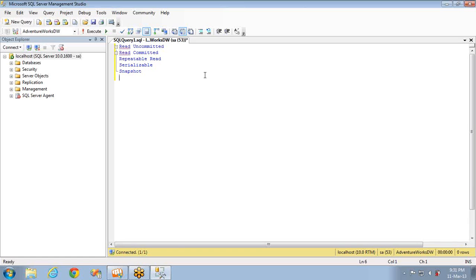Now, if you see the first here, the read uncommitted, and if you see repeatable read as well as serializable, all these 3 are available in the pessimistic concurrency model. I hope you guys still remember the definition for pessimistic.